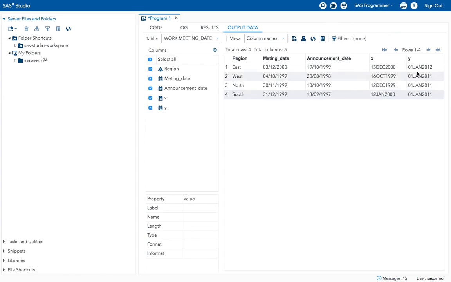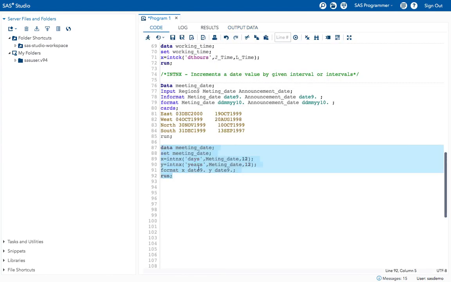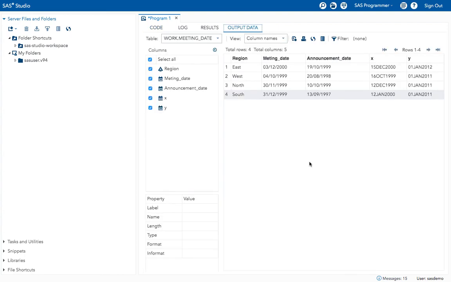But when I give years, 12 years here, it didn't change the month and date. It by default gave the first day and first month of that year, and changed only the years. But when I give days, it changed the date, month